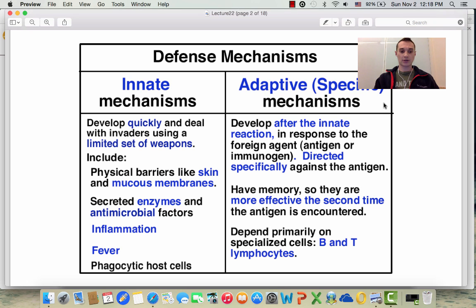So, these include physical barriers like skin and mucous membranes. Now, some of you probably have heard of Crohn's disease. Crohn's disease is inflammation caused by the body due to a lack of mucus in certain parts of your gastrointestinal tract. Basically, the mucus does not separate the normal microflora from the adaptive immune system, and the adaptive immune system is constantly trying to clear that normal flora. And as you know, we need that balance between normal bacteria and